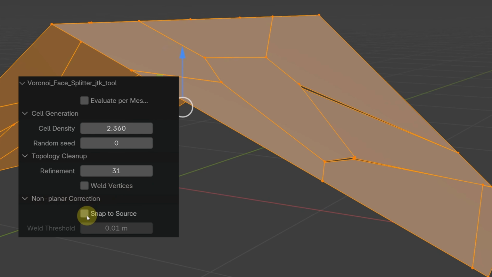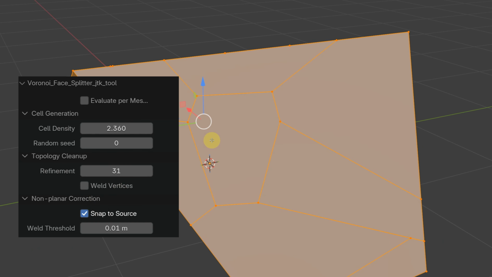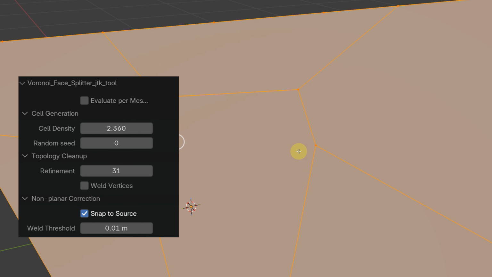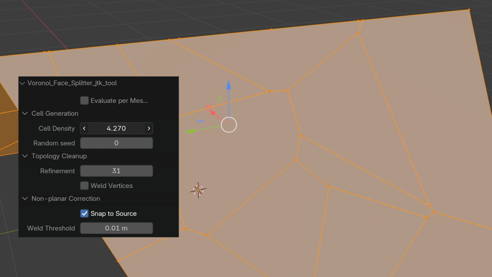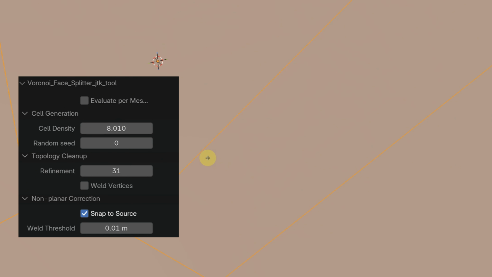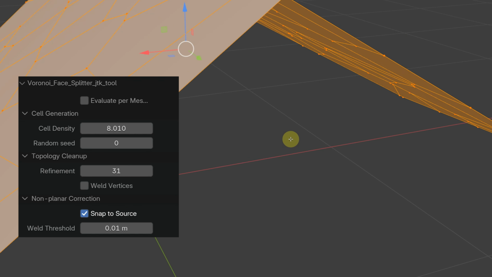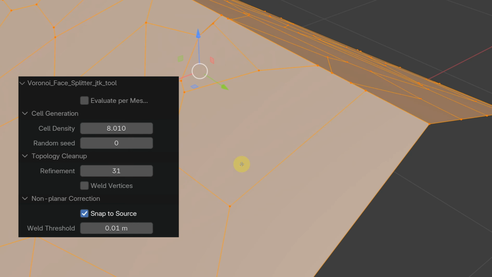Keep the data flow clear here. This option doesn't run an algorithm to flatten the fractured faces. It simply snaps the coordinates of those warped vertices back onto the exact boundary of the original plane you initially provided to the tool. Finally, the weld threshold. This parameter lets you control the distance for welding vertices together, ensuring a completely watertight result and thoroughly fixing tiny gaps caused by calculation errors.